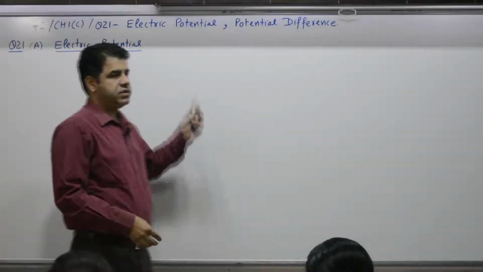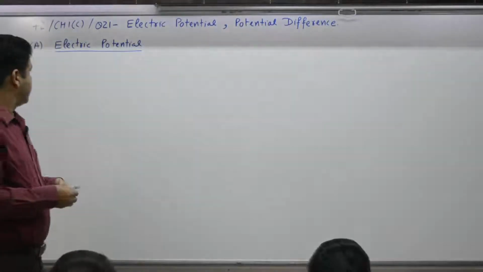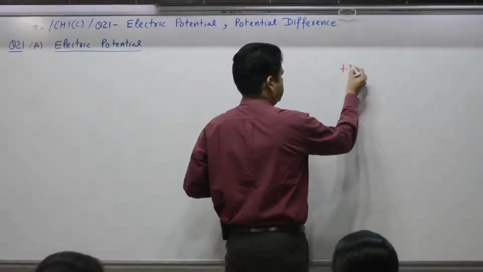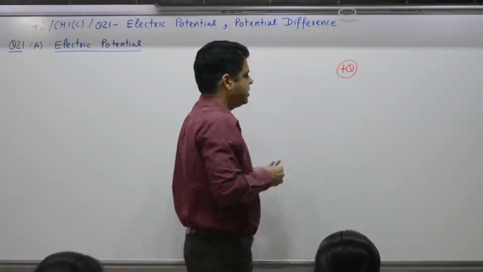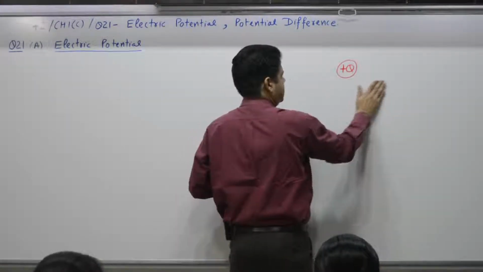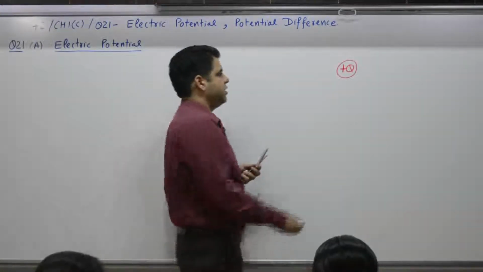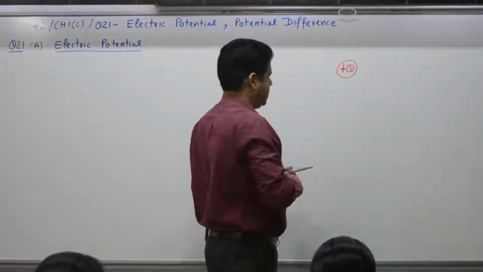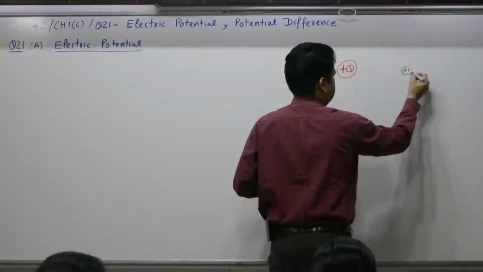Question number 21 deals with electric potential and potential difference. What is electric potential? Suppose you have a very heavy charge Q. Because of this charge, as we have covered in previous questions, there is an electric field surrounding it where you can experience its influence, its effect. If you place a small test charge, say +1 coulomb,